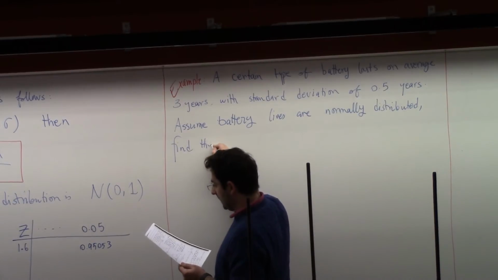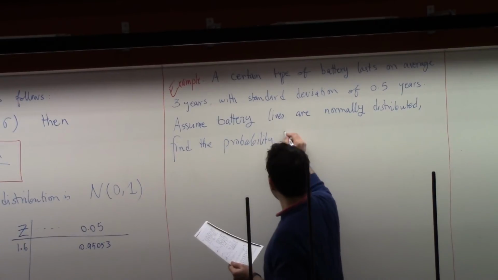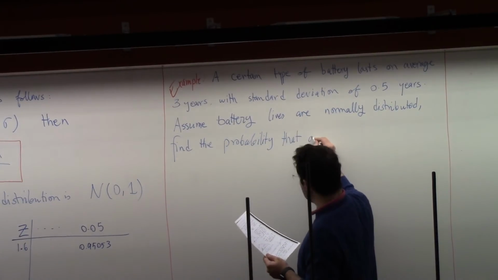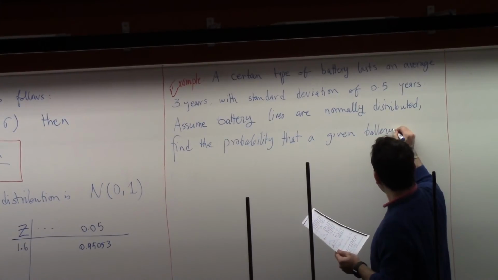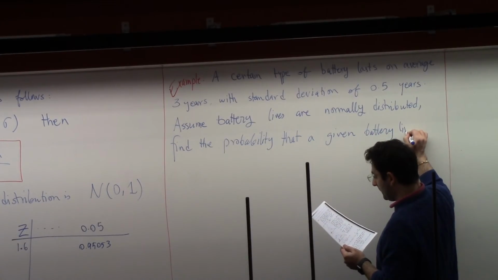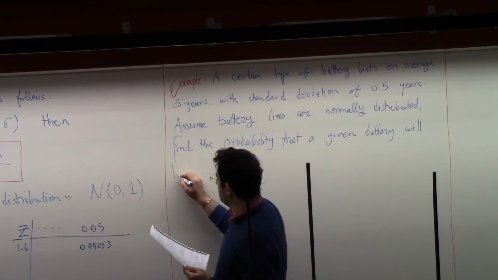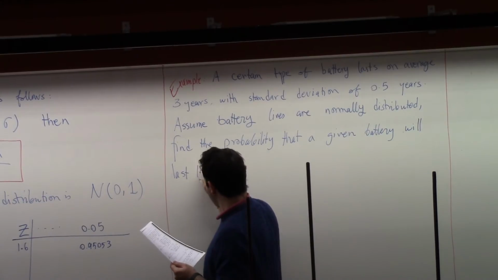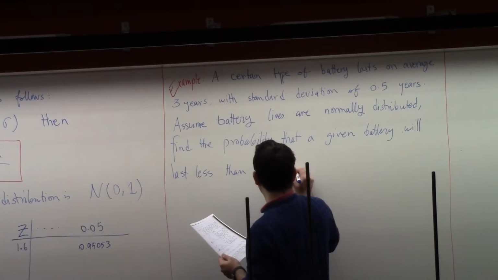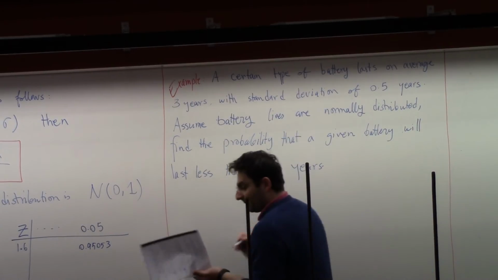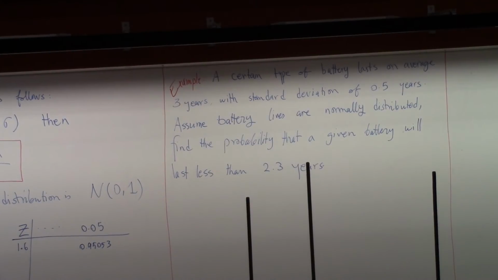Find the probability that a given battery will last less than 2.3 years. We have a battery, and the battery on average lives for 3 years with a standard deviation of 0.5